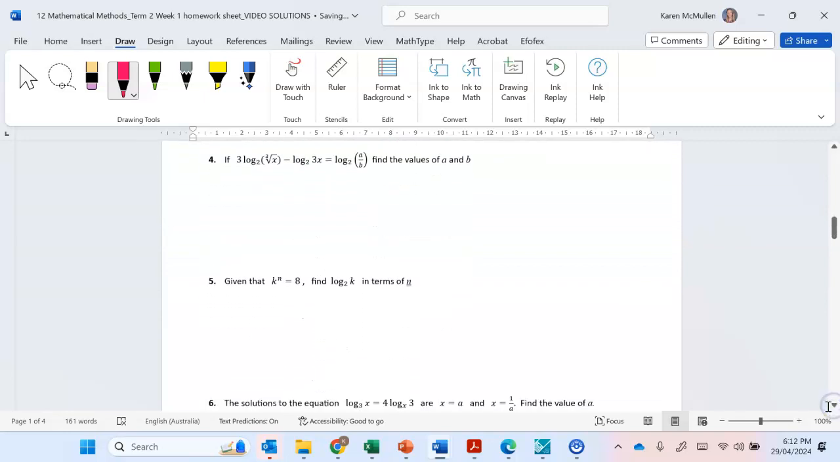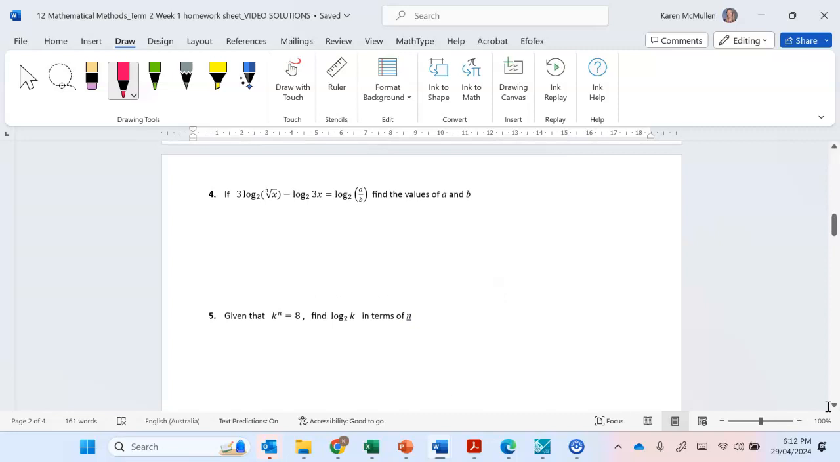All right, so question 4. 3 log base 2 of the cubed root of x. All right, so when I read this, I'm just going to,